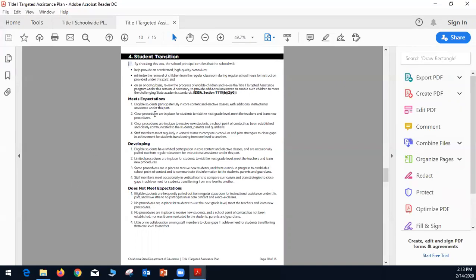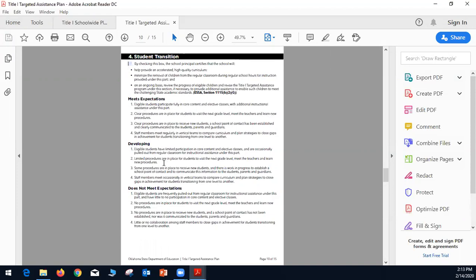Again, we have the three sections: meets expectations, under development, or does not meet expectations. One of the indicators that the plan meets expectations will be that eligible students participate fully in core content and elective classes with additional instructional assistance under this part.